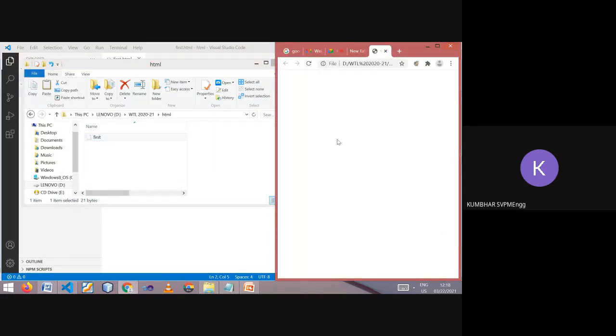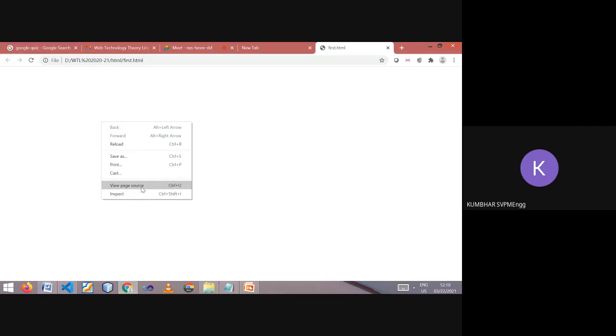Let me maximize this. Have you observed the path in the URL? If you want to check the contents of this HTML, in this white area you can right click and choose view page source.